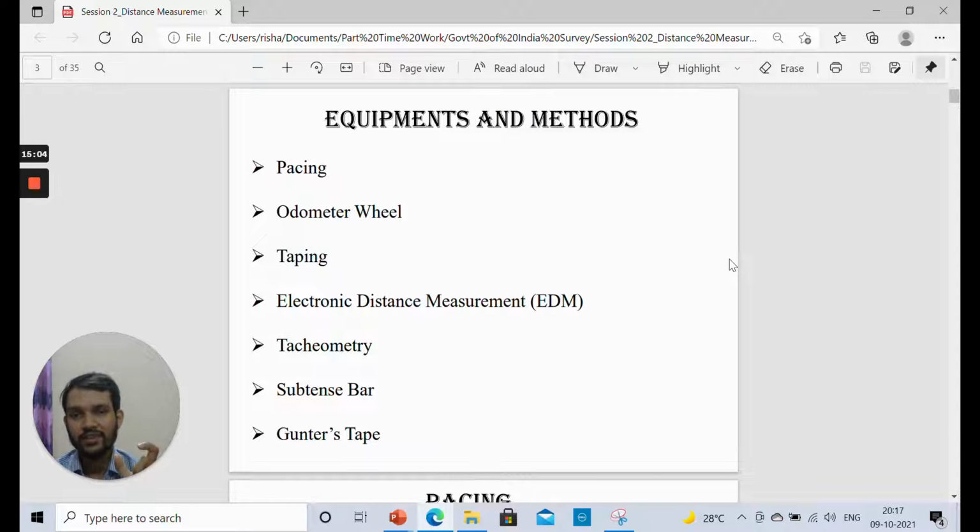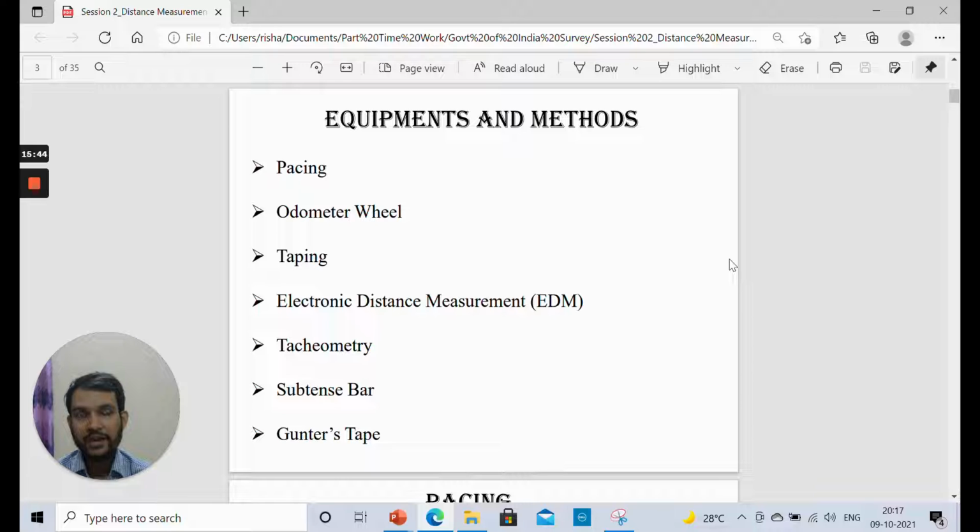If the wavelength is known to us, what happens is, from here the wave is sent, and a reflector is installed at the other end, at the other station on that tripod. Through that reflector, that wave is again transmitted and received by the electronic distance measurement device. So what it generally measures, based on the change of phase, is the total number of wavelengths that have been taken. Either full or partial, it takes count of all, how many full wavelengths have been covered, and at last how many partial wavelengths have been covered. Based on that, it calculates the horizontal distance between 2 points.